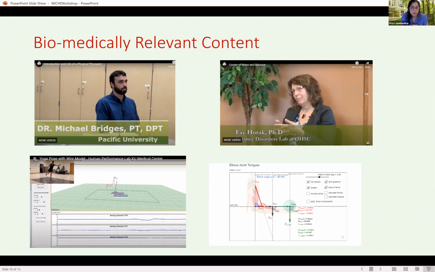And then on the right bottom, we created the simulation showing torques and equilibrium in the elbow joint. As you hold some kind of load or a weight on your elbow joint, in this particular simulation, students are learning how the bicep muscle gets engaged, what kind of torques and forces it needs to have, and at different orientations, what these values are. And so they learn a lot about